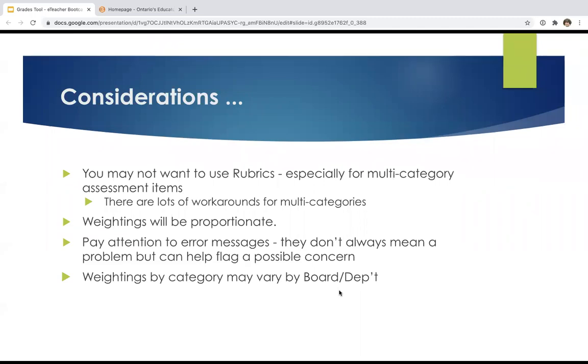The other one is just to pay attention to the error messages that you may see, because those error messages may not actually be a concern, but it's something that's being flagged for you. And then lastly, remember that the weightings in your categories may be determined by your board or department. So make sure that you're clear on who actually gets to decide what the weightings are for your categories